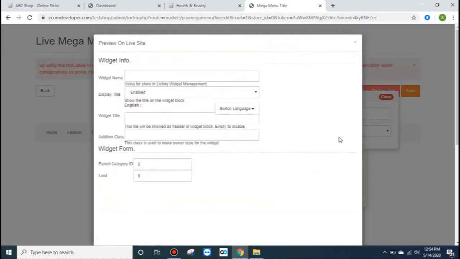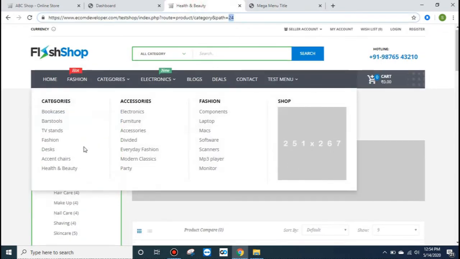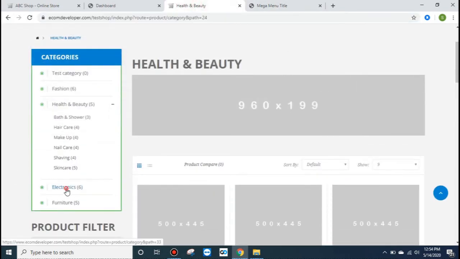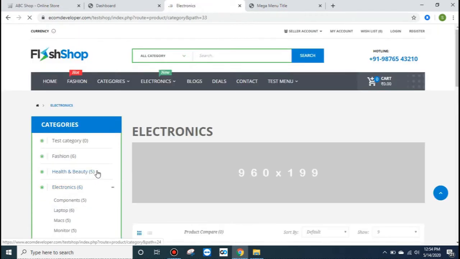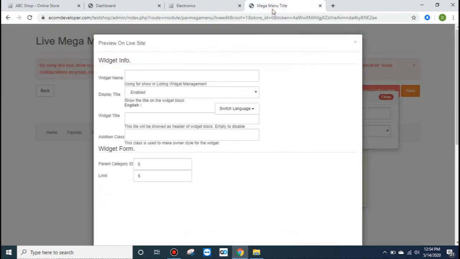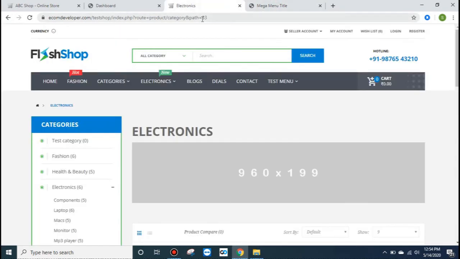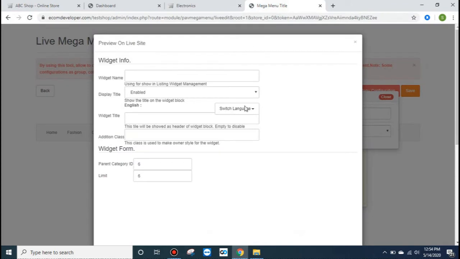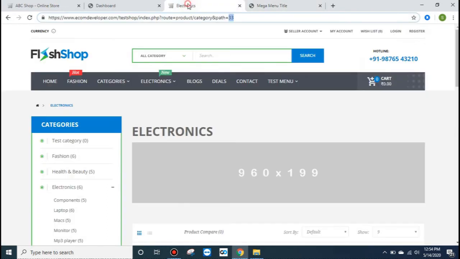This time we will take another one, the electronics. For electronics the ID is 33. This is the 33. Electronics, 33.